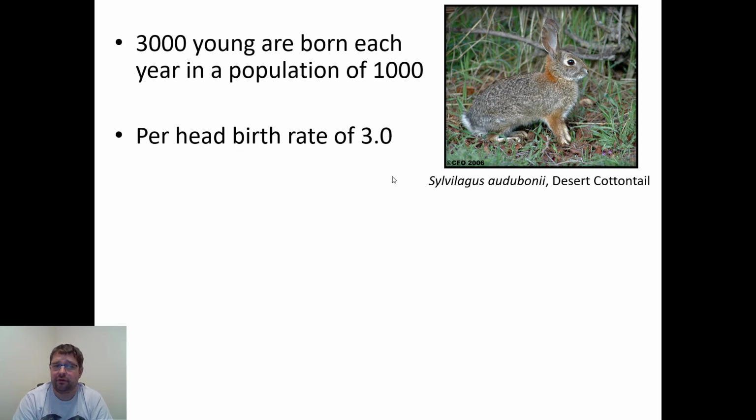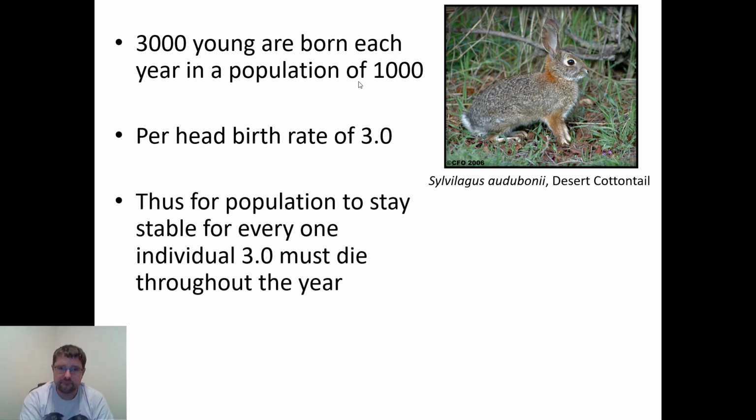But because we know that 3,000 young are born each year, we can say, hey, it doesn't matter if the rabbit's male or female. Okay? The per head birth rate is 3. Okay? And that's just the easy way to calculate a per head birth rate. So a simple way to get at this, whether our population is increasing or decreasing, is to take that per head birth rate